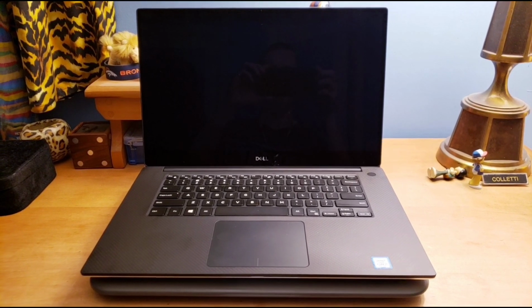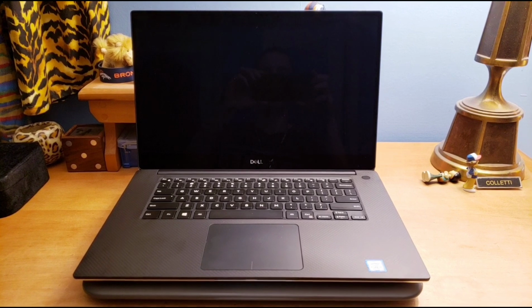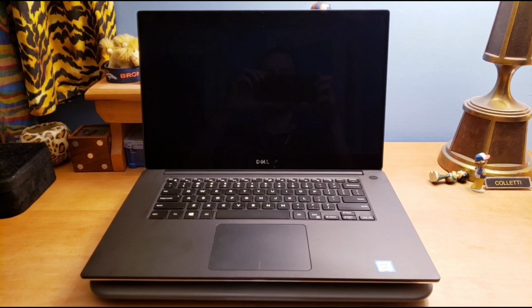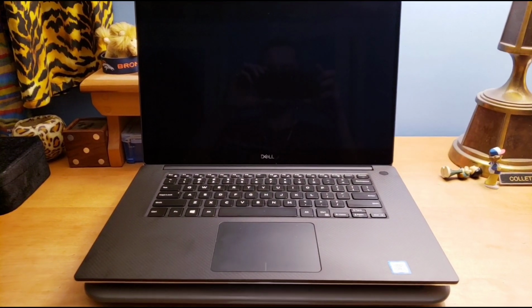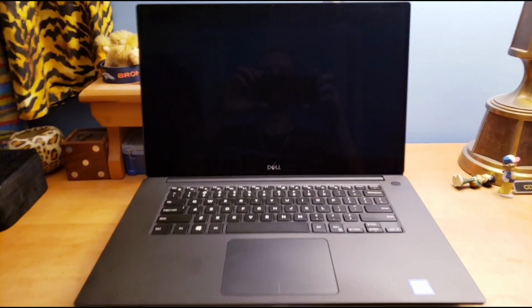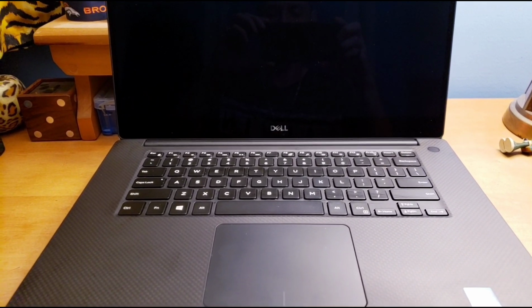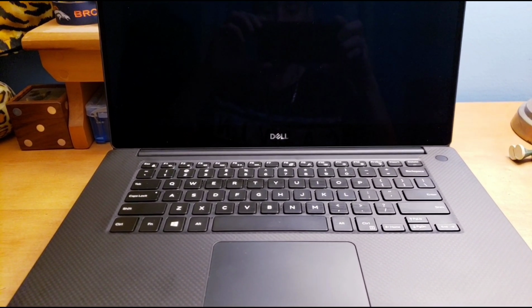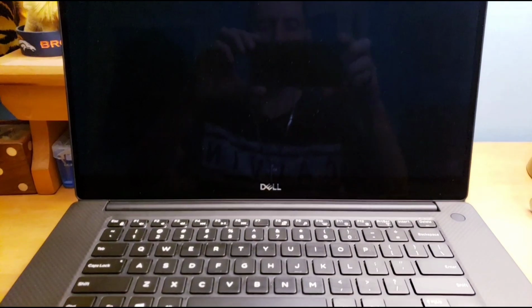So, today I'm going to introduce you to my brand new refurbished Dell XPS 15-inch 7590 laptop, which I recently purchased. It actually has a 4K OLED screen. So, as you probably know, that means juicier colors, more true to life, deeper contrast, no more screen bleeding